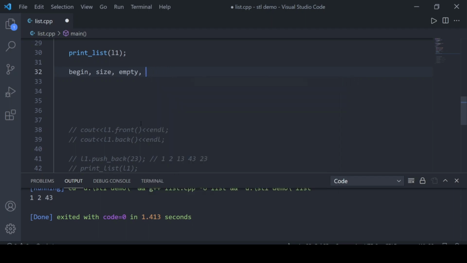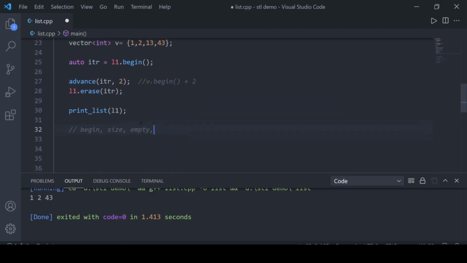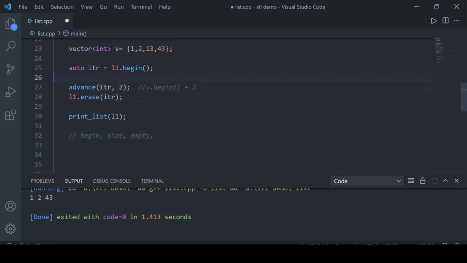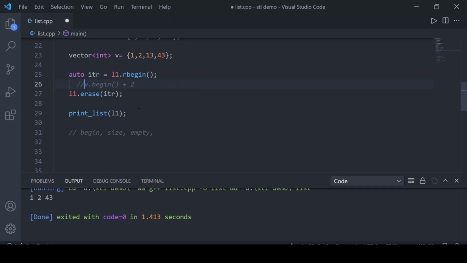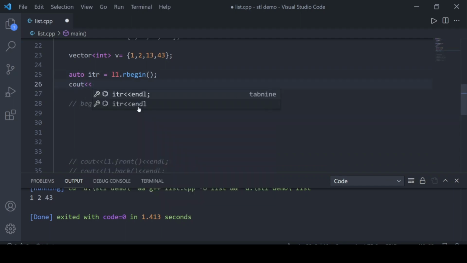I think we have not covered the reverse begin. So reverse begin means we have an iterator which points to the last element. If I say here that it's reverse begin, that means itr will point to the last element. Last element means 43. Let's print the value at itr so that you can understand what reverse begin is.